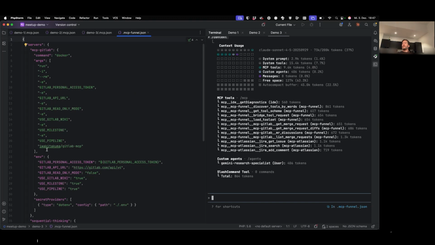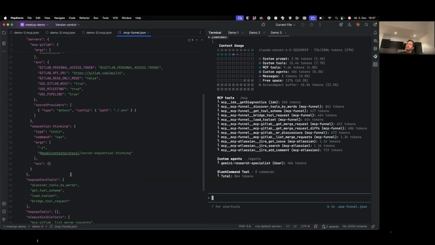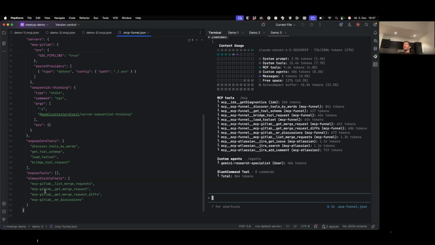And with this setup, you're enabling Cloud Code to use this proxy server to search for tools if you need them. So I can also add tools I definitely need. I did that in this case. Maybe you've seen there are some tools pre-selected from GitLab, because there are some downsides. We will look at that, like response times, latency. It takes a little bit to look up the tools. So you can pre-provide your agent with some tools. They're preloaded, but this doesn't mean that you can't look up others.